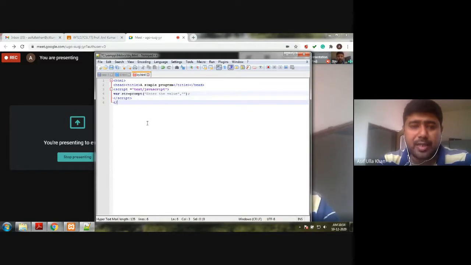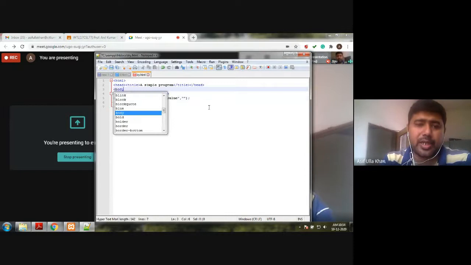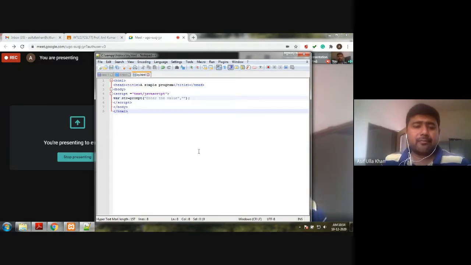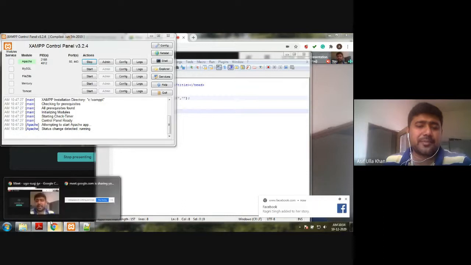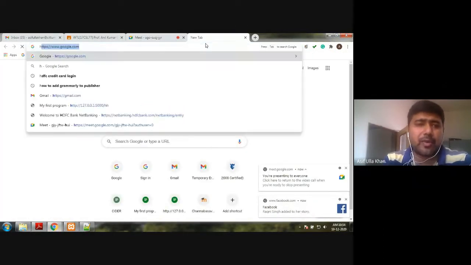So I'm closing the script. I'm going to open the body too, body for HTML designing purpose. I can close the script, close the body, close the HTML. Save the program. You see in your exam the Apache server is running, which is going to fetch the program. So I'm going to open the browser and fetch the program from the XAMPP control panel to the browser.